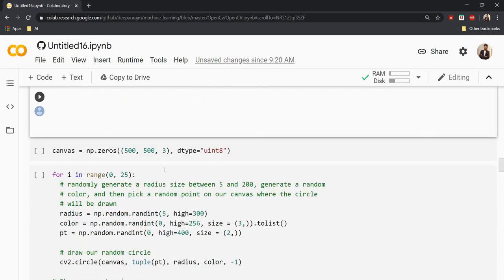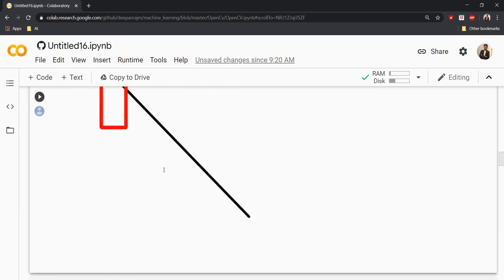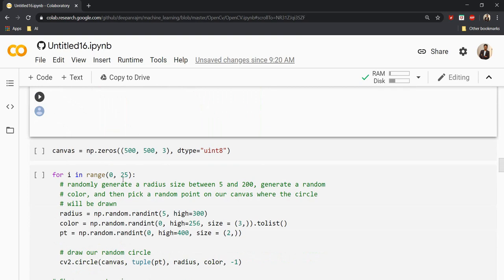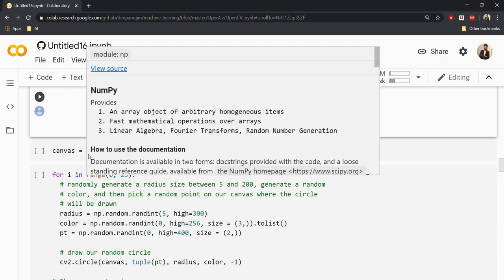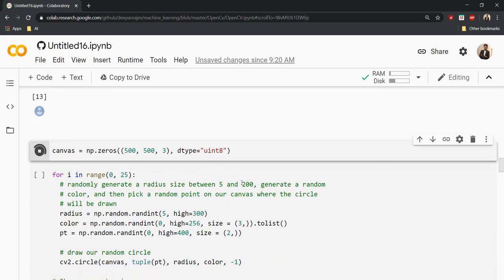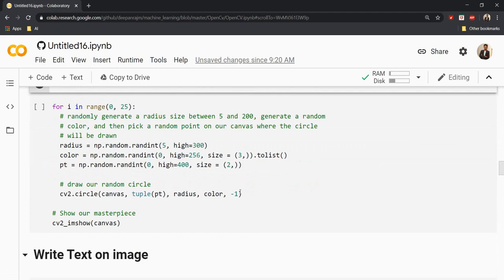And now I'm just going to create a circle. Since the image is somehow filled up with a lot of blocks, I'm just going to create a new image. Here you can see I've just used the command np.zeros, with shape and 3 channels, data type as unsigned integer. So I'm just creating an image which will be black in color because everything is in the form of zeros. I'm creating this image, and now I'm going to draw some circles onto it.